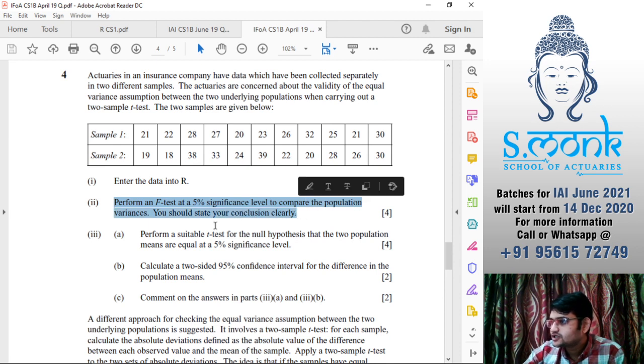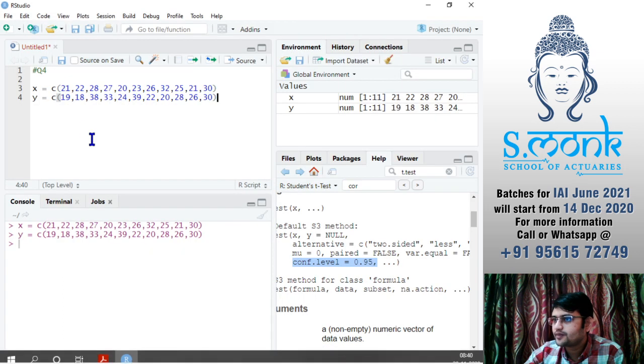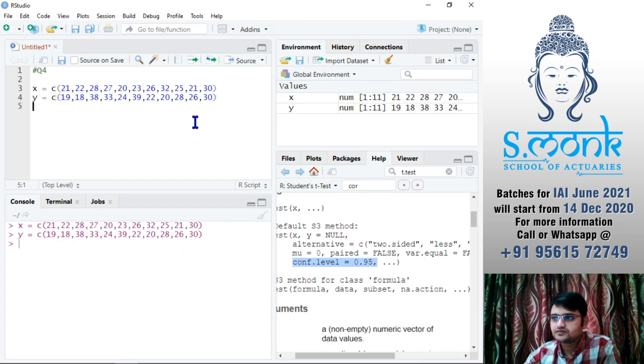You should state your conclusion clearly. Okay, so first we have to perform an F test. Say first part, and first we'll have to write our hypothesis. Always the hypothesis needs to be written when you're performing a test.